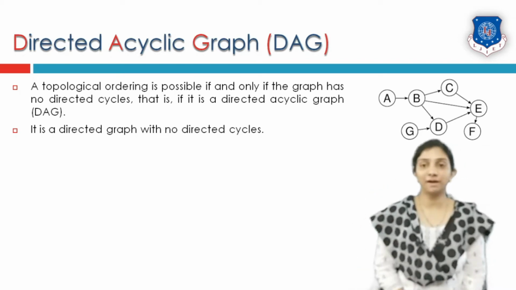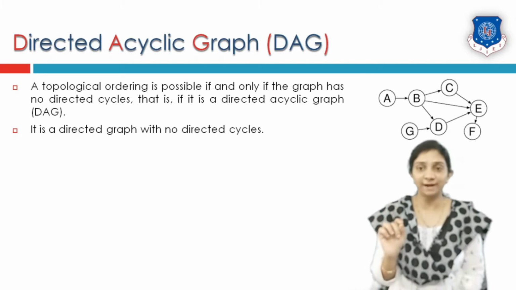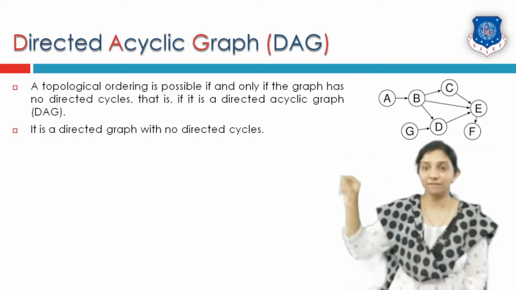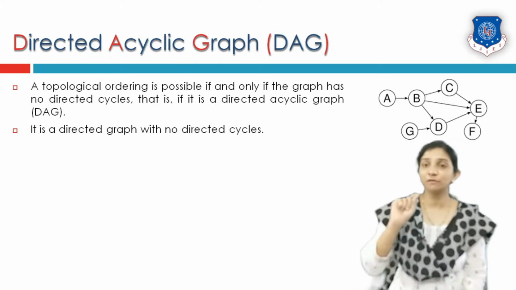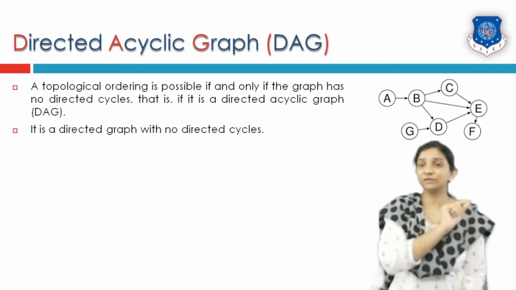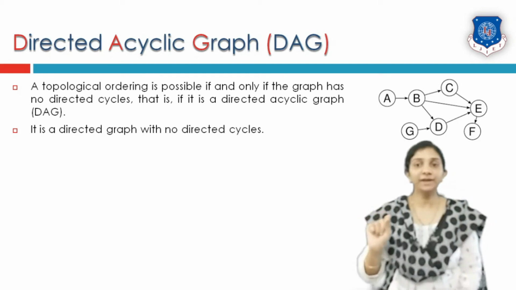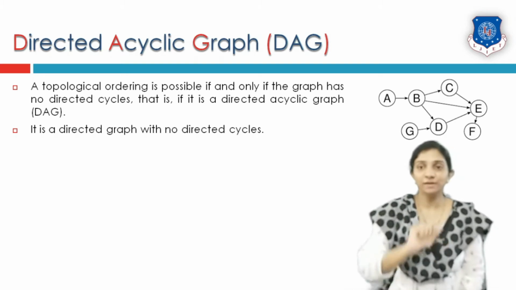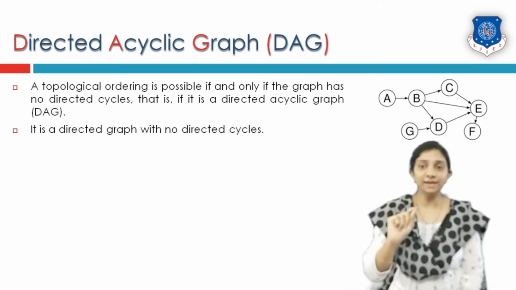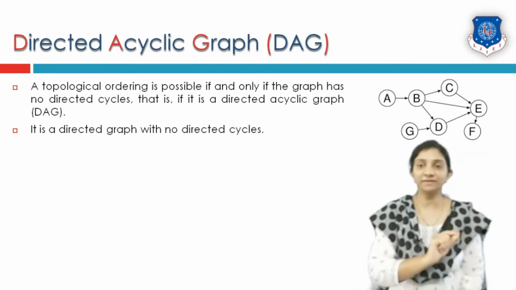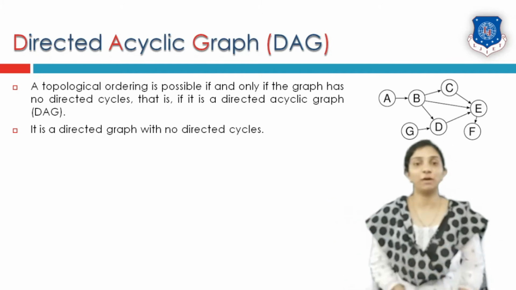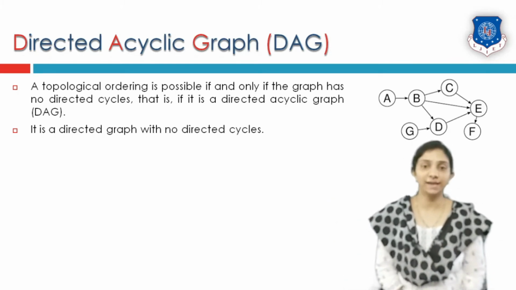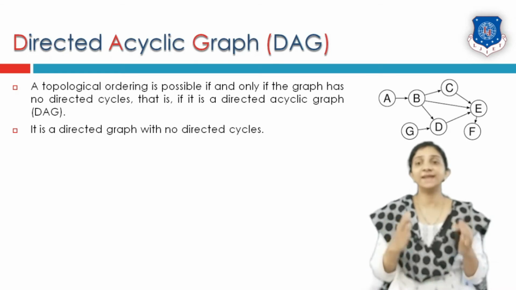So in this particular graph, as you can see, there is a closed path, that is B, C, E. They are generating one closed path, but there is no cycle if we follow the edges from B to C, C to E. There is no back edge from E to B, right? Likewise for B, C, D, E also. If we go from B to C, C to E, and from E to D, there is no path back, so we cannot go back from D to B either. So this kind of graph is called a directed acyclic graph: a graph whose edges have direction but which doesn't make up a cycle.